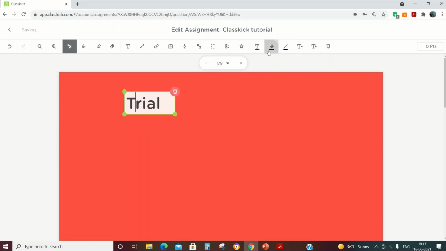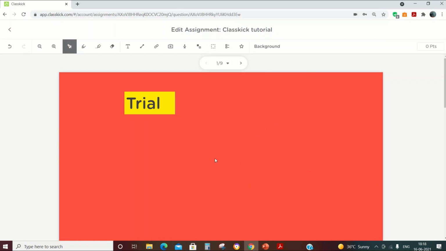If you want to fill the box with color, you can just fill it like this so it looks attractive. And here again, if you type below that, you can add the notes and questions, whatever you require. If you want to create MCQs, as I have shown you, you can create the MCQ questions and fill in the blank questions.